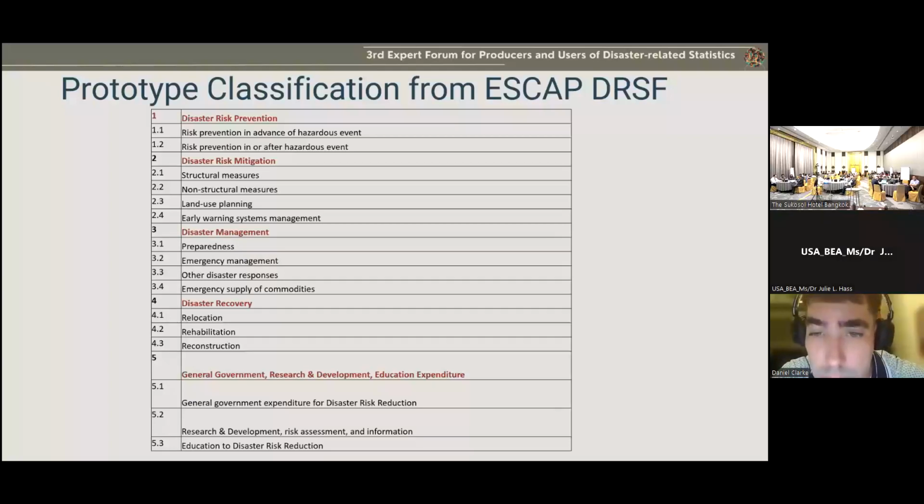and by bringing together the two communities, the disaster management, disaster risk reduction community, and the official statistics community, to work on the problem. And it's quite an innovative and I think really excellent decision made quite some years ago by ESCAP to do that, to bring these communities together.